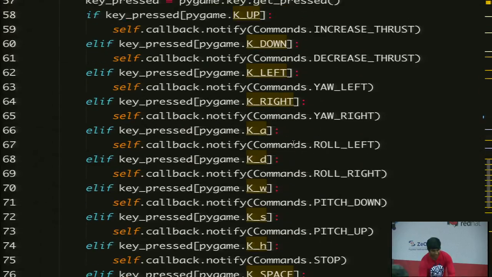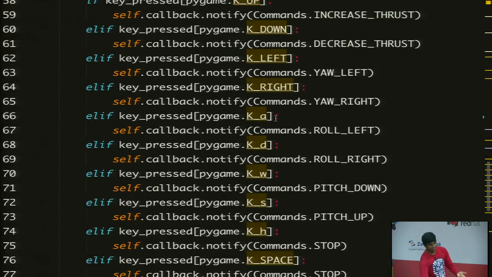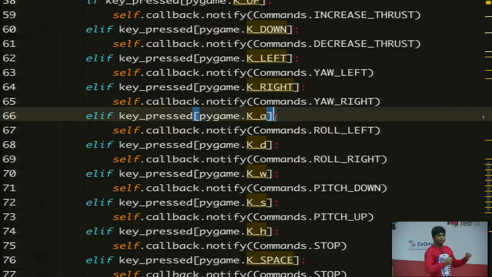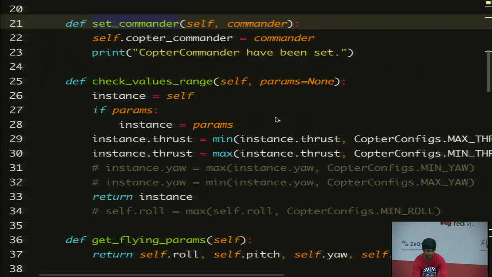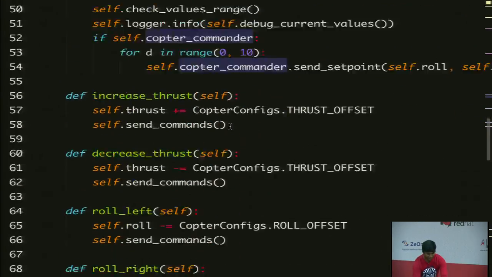So this is the key combination. It's a lot, but I couldn't change this code into a single line, basically putting the callbacks into a dictionary and then calling that. But rather, I was successful in doing that in this commander. If you see here,